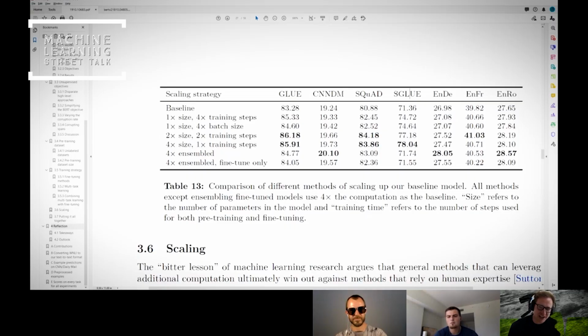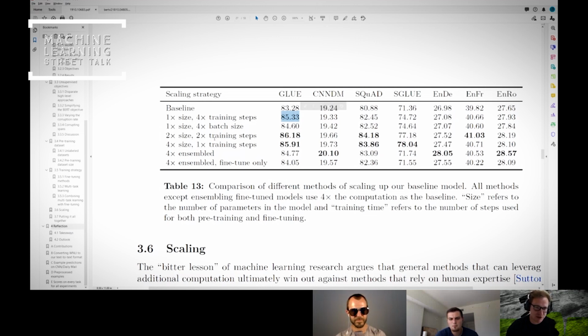I mean, just to talk about the last thing that they really played with in the paper, it's almost depressing that it's the scale and the amount of training that made the largest difference to the results. So the baseline on GLUE, and by the way, there's another thing called SuperGLUE, and we can pull up the paper for that, but that's a more sophisticated version of GLUE-like challenges because we were getting too good at the GLUE benchmark. But yeah, the baseline was 83.28. And when they did 4 times as many training steps, it went up to about 85.33. So that's about 2 points up.